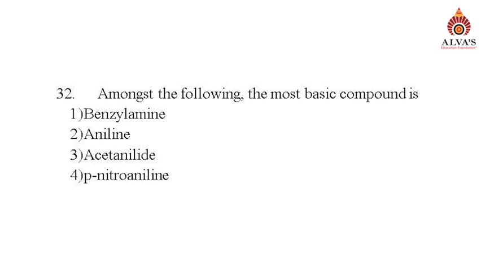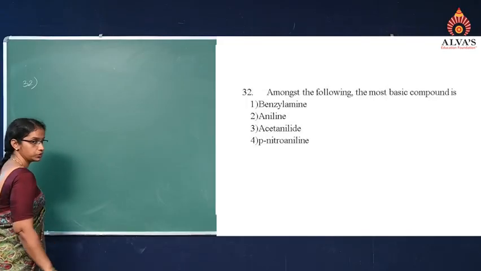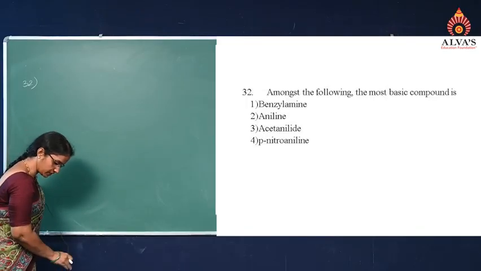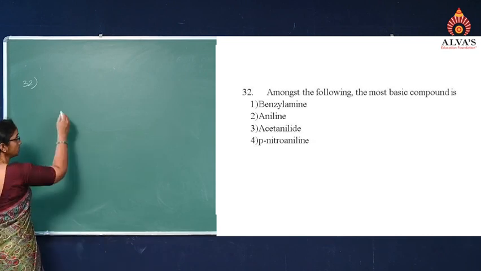Question number 32. Among the following, most basic compound is: first, benzylamine, second, aniline, third, acetanilide, and fourth is para-nitroaniline. So, to check the basicity, we first need to know the structure of the compounds. So, when I go for